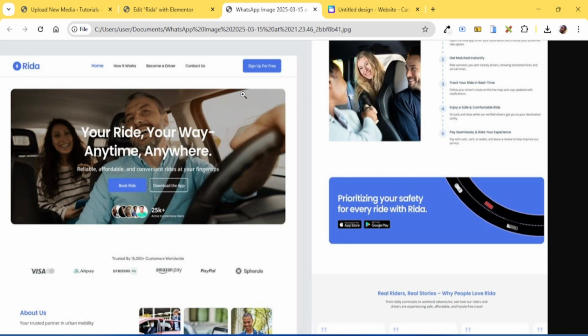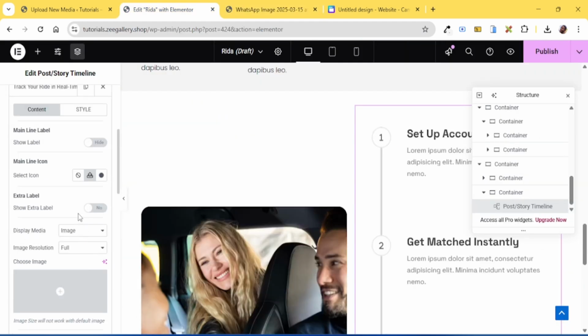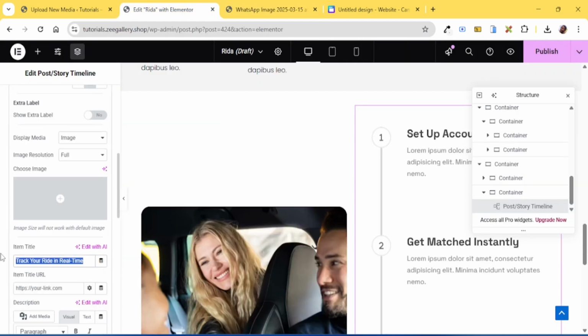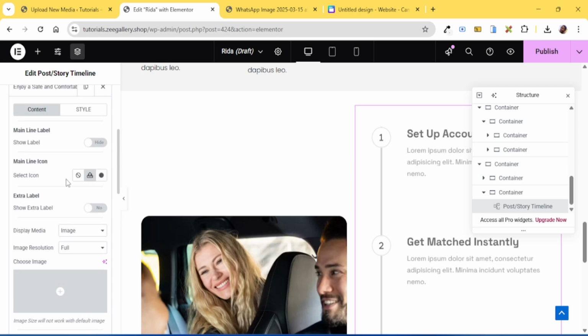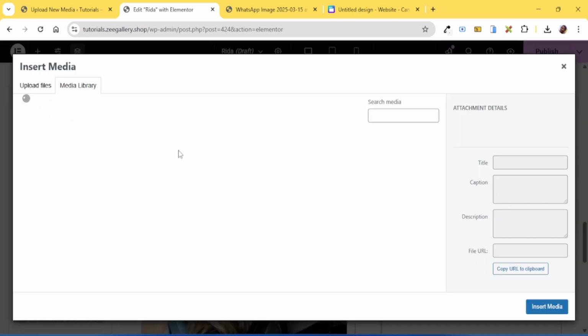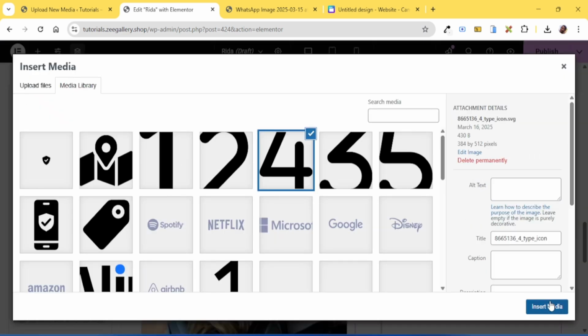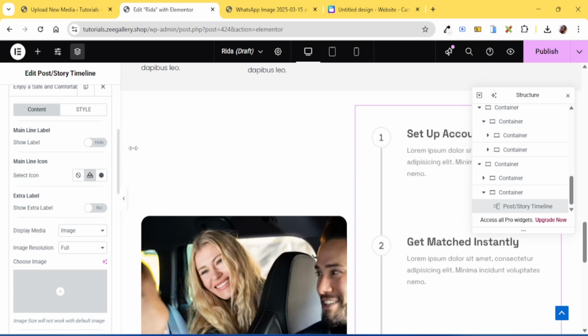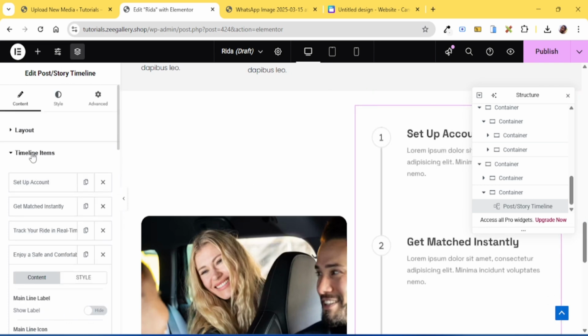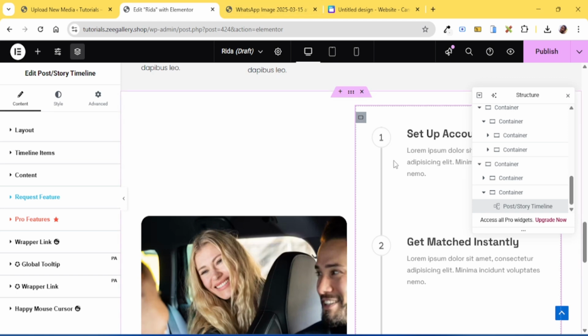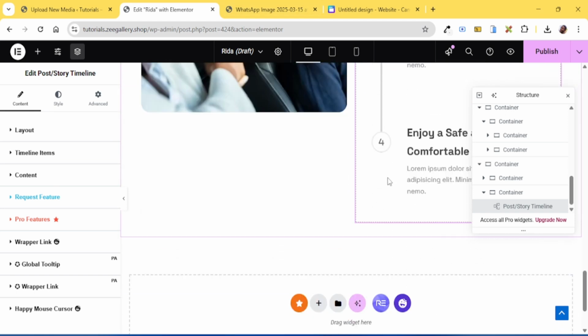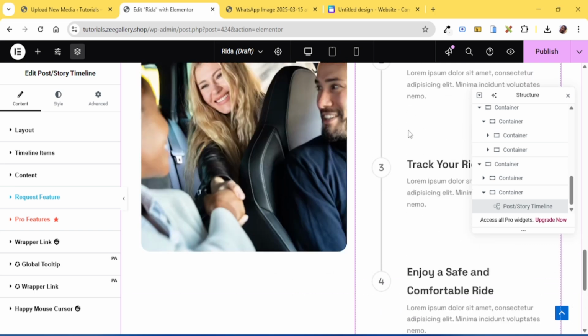Enjoy a safe and comfortable ride. Where is it? Okay. Enjoy a safe and comfortable ride. Alright. Then for the icon should be number 4. Good. Now once we are done with this, we still have a lot of things to do, because there are some, what do we call it now? We still have some kind of